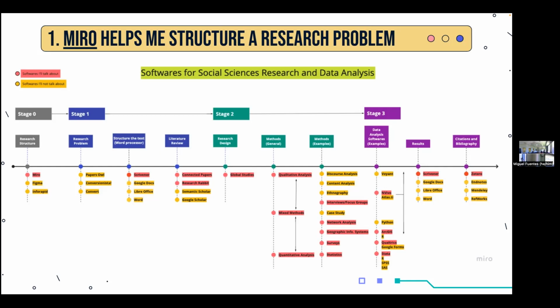Then we're going to choose methods, and then we're going to start analyzing. We're going to try to gather together our thoughts, put the results out there, and then we always need citations of bibliography. So through all of those stages, you can be using MIRO. If I click on it,